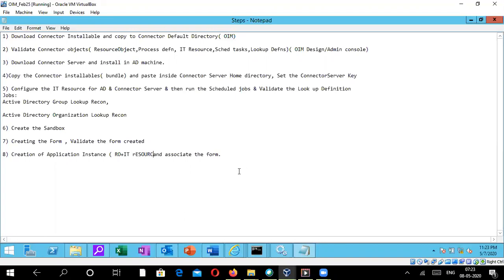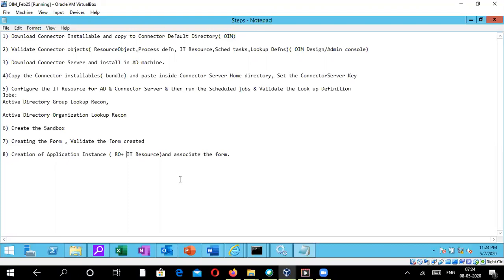As you all know by now, IT resource has the connectivity parameters like host name, port, and so on, whereas the resource object is basically the virtual representation of that target system that we manage by our OIM. In the old releases of Oracle Identity Manager, probably prior to 11gR2, we did not have this concept of application instance, and all the request creation was not user friendly. It was mainly administrator centric.